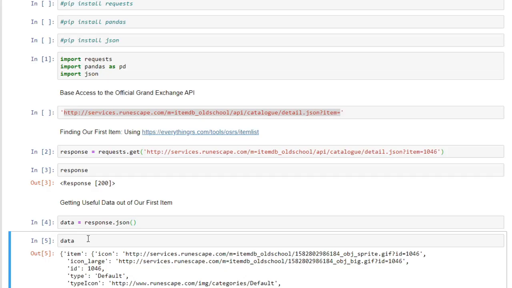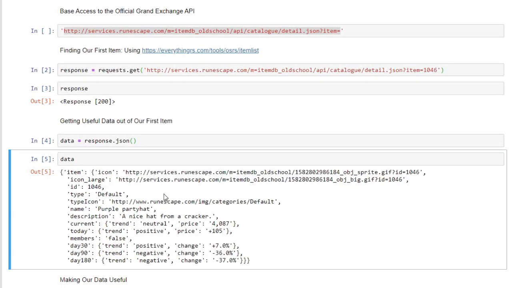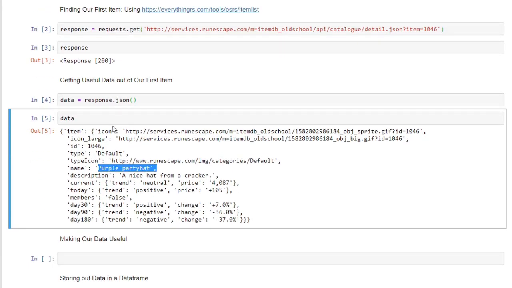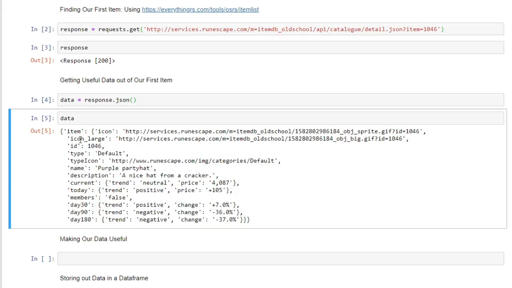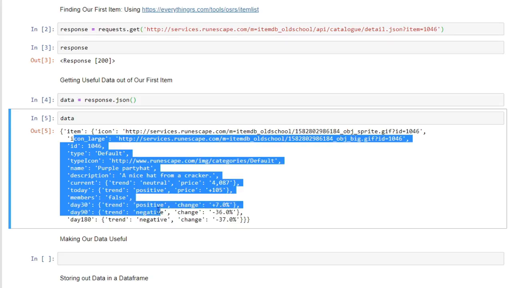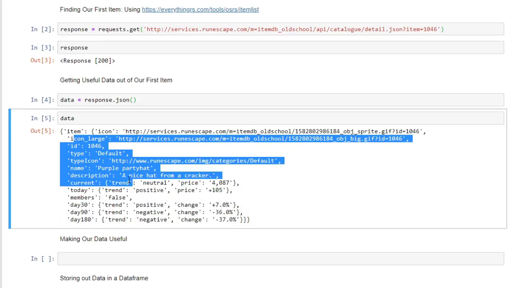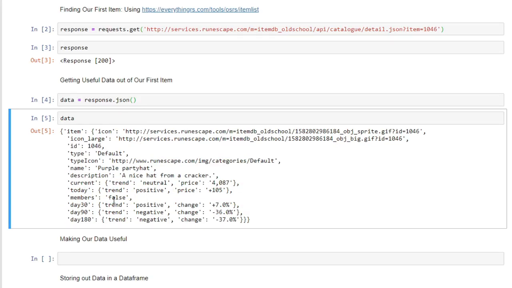If we do data here, you can see there's all sorts of information about the purple party hat. This format right here isn't particularly useful. It's good just to see all the data that you can find on it at a quick glance. But if you want to actually dig into this and only get a certain part,